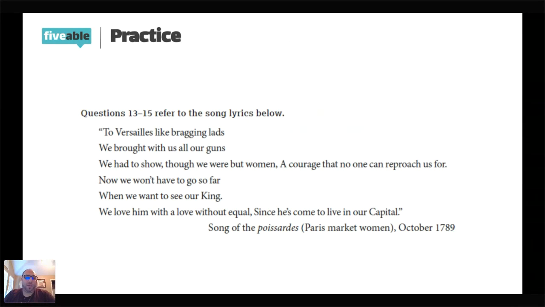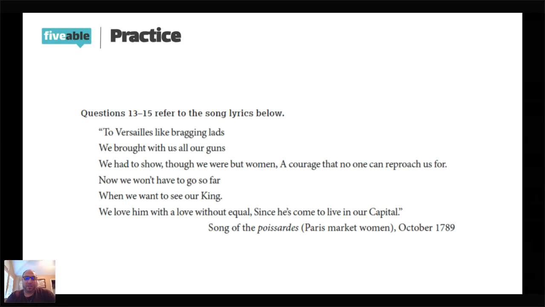This is taken from the AP European History Practice Exam. All right, so not every one of you is in AP Euro, but most of you should have studied at least the French Revolution. So the first thing I tell my students is look at the source. Okay, the source here, you have the Song of the Poissade. It's in October 1789. So I tell my kids, first thing they need to do is they need to write down what is going on in 1789. You've got the French Revolution. You have the ending of the American Revolution, the beginning of the constitutional period of the US, right? You've got the breakdown of the French economy as France and England and Spain are all fighting after the American Revolution.